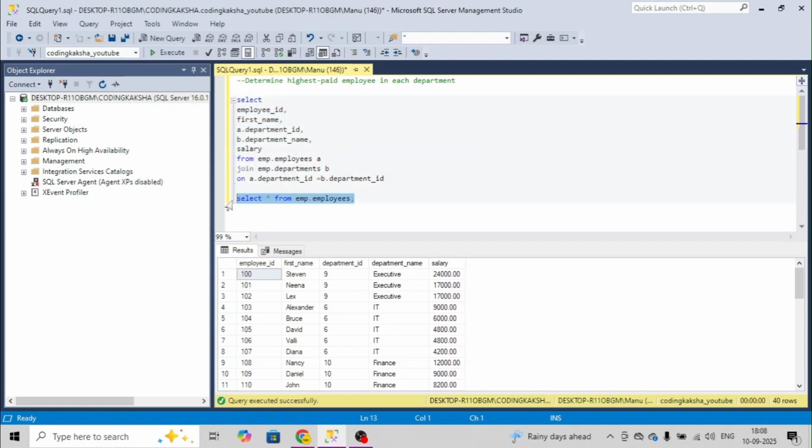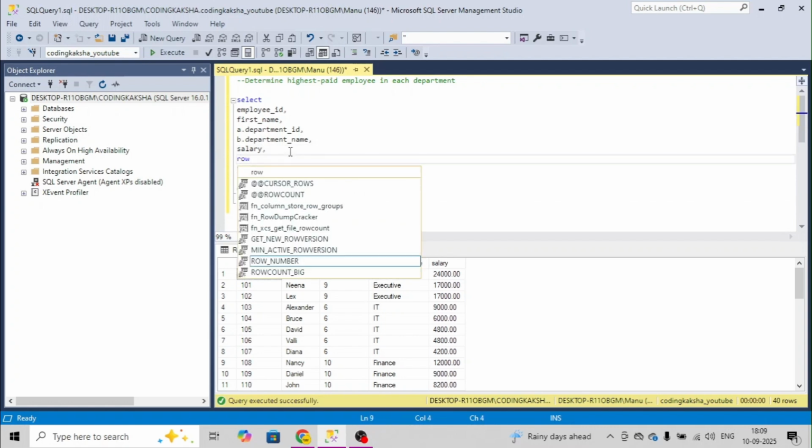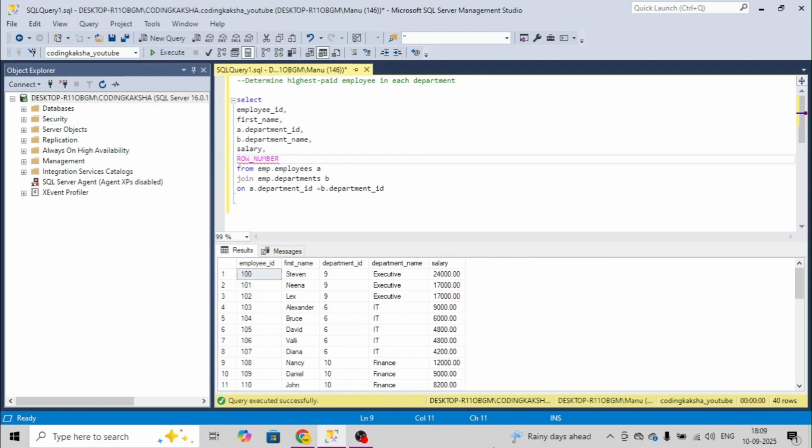Now the catch is over here, how will we do that. There are two methods of handling the salary part. The first one is the easiest method, which is to use ranking. You can use rank, dense rank, row number, anything like that. What I will use over here is the row number function. Here we have specific departments: IT department, executive department, finance department, purchasing department, sales department.